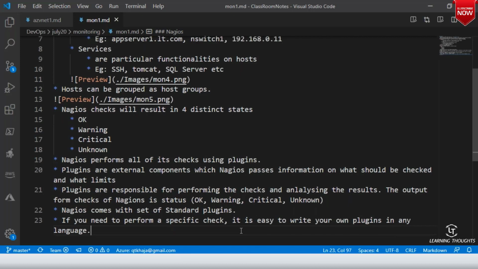So if you want to do a very specific check and Nagios doesn't know how to check that, you can write your own plugins. Am I clear on this?